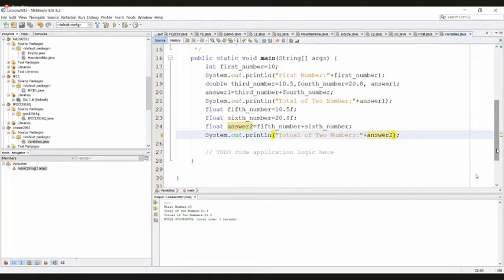Right, take down these programming code lines.